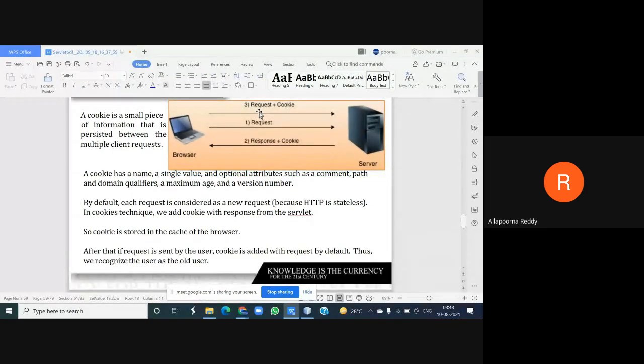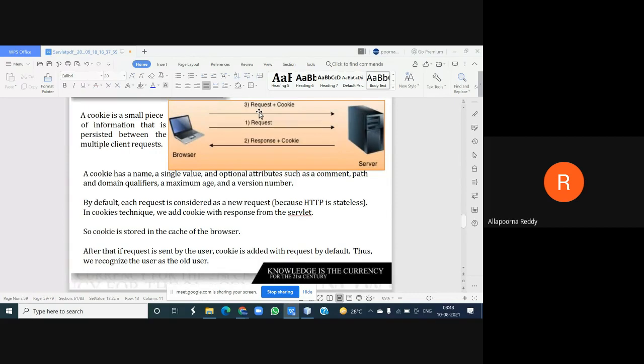So how can we prove that he is an old user? He is going to add a cookie in his request and send it back to my server, so that the server will think, like an authorization, that I'm an old user, so please give me permission to access the things.